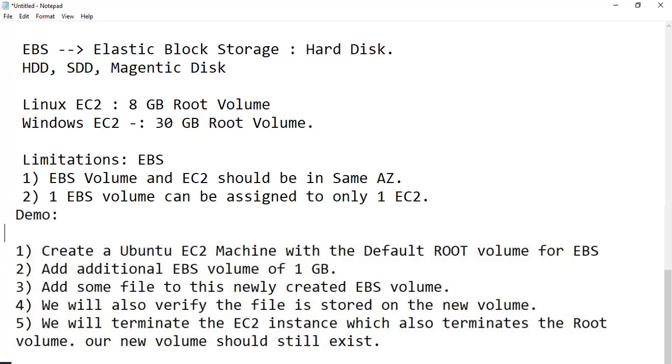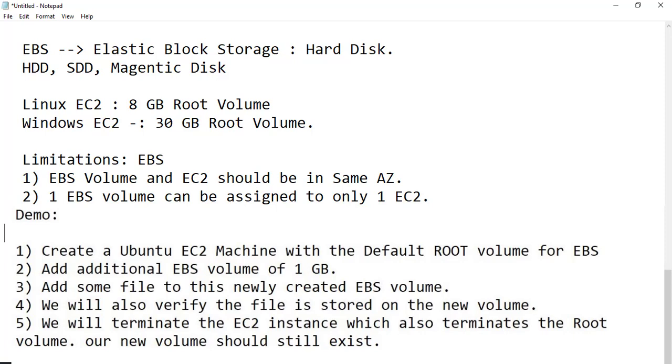Fourth point, we will also verify that the file we have stored is stored on the new volume only. We'll verify that also.